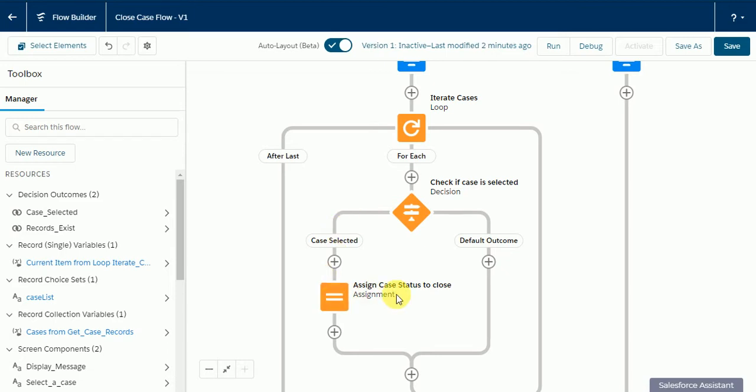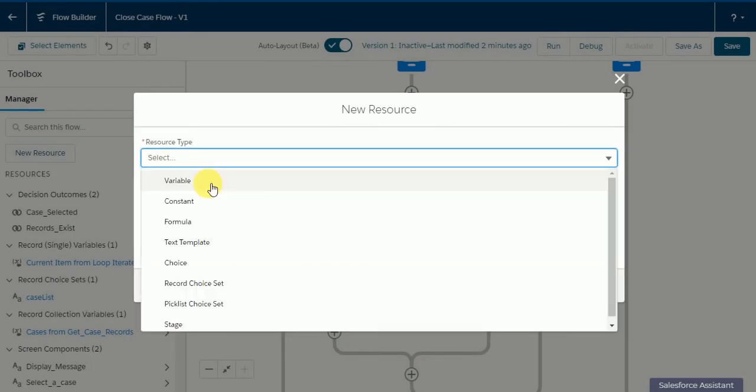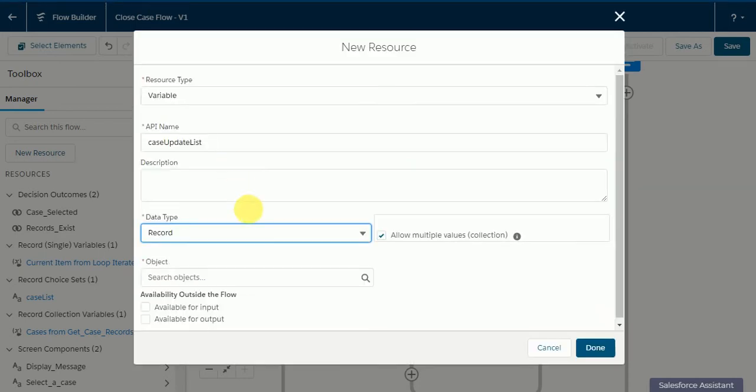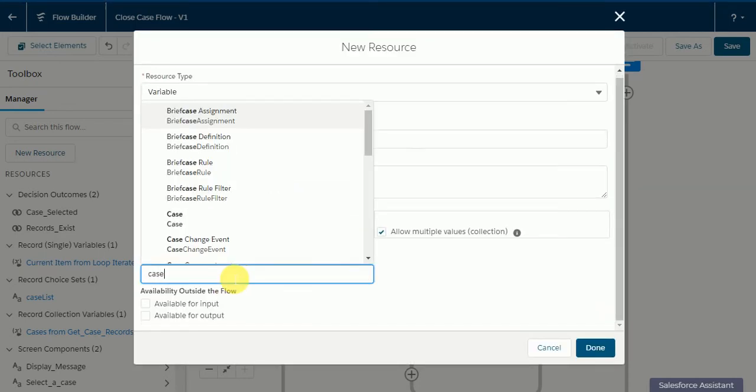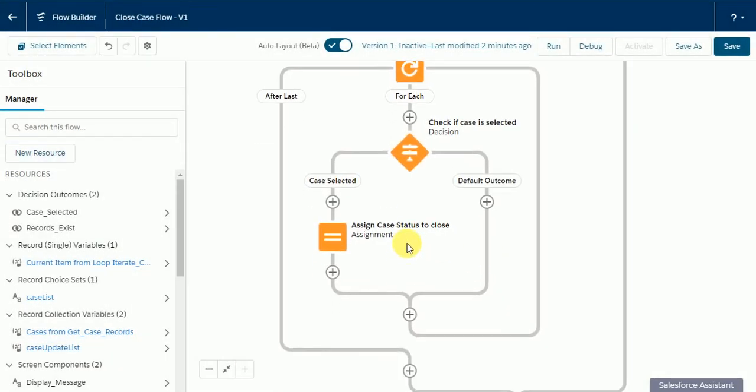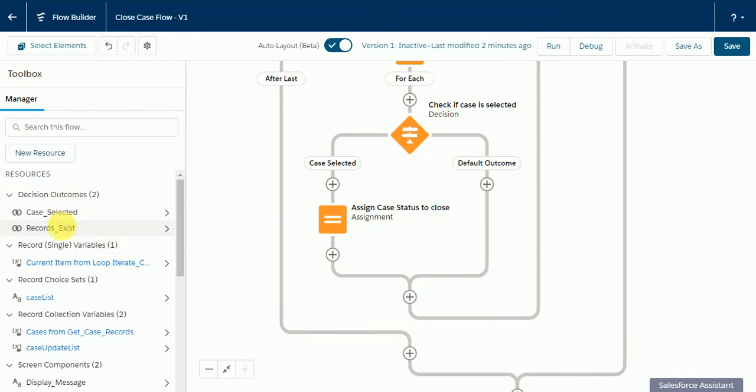And again we have to add that case to a list of cases. So I'll create a new resource here. I'll name this case update list, and it should allow multiple values, the data type is record, the object name is case, and click on done. Yes. So now I'm going to use this case update list, and I'll add the current iteration case to it.